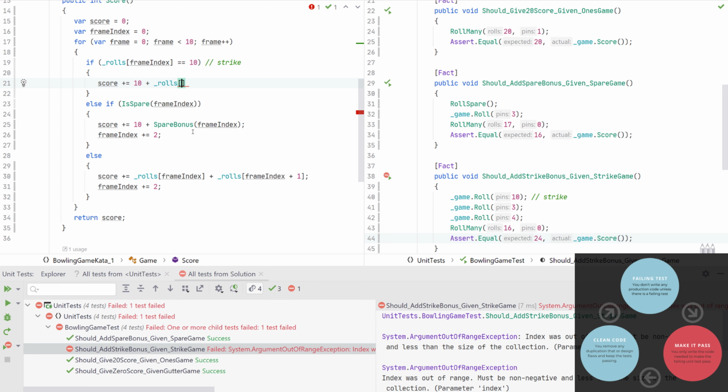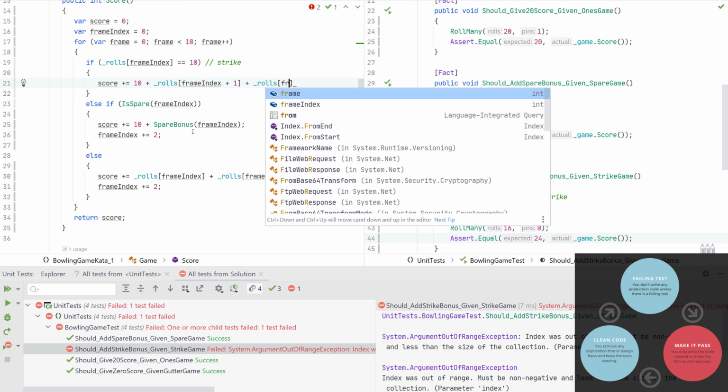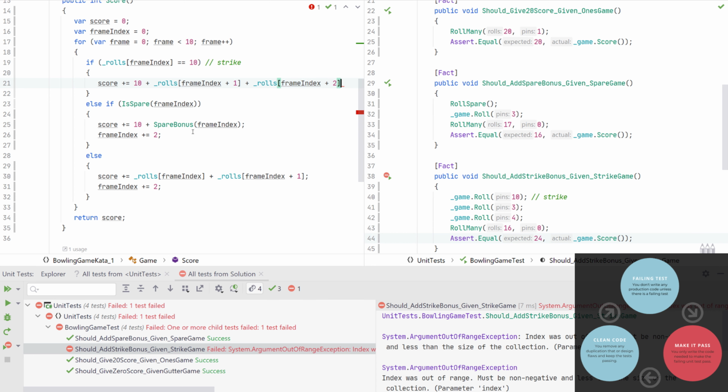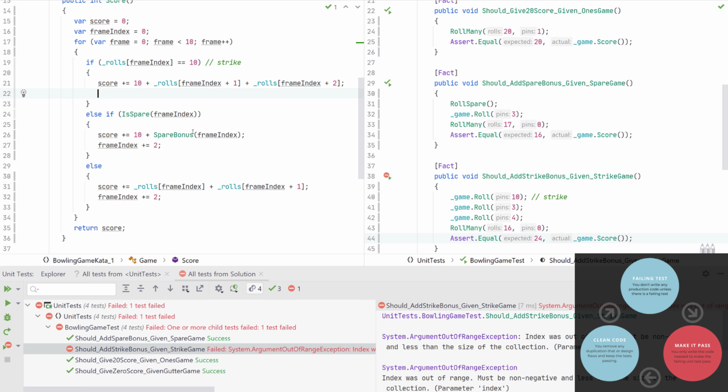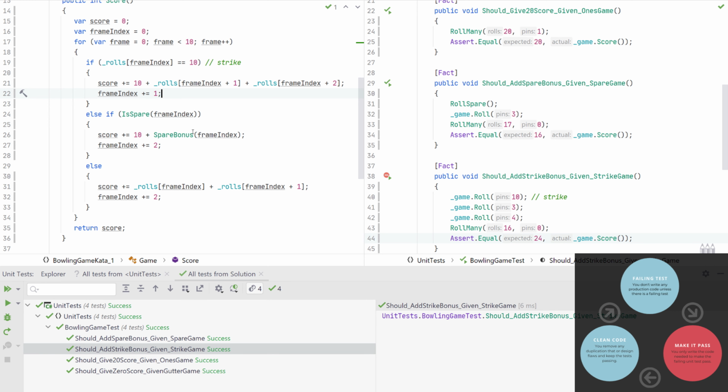We want it to be the 2 consecutive rolls. And since the strike only uses up one roll, we just increase the frame index by 1. So let's see if this gives us a green test.